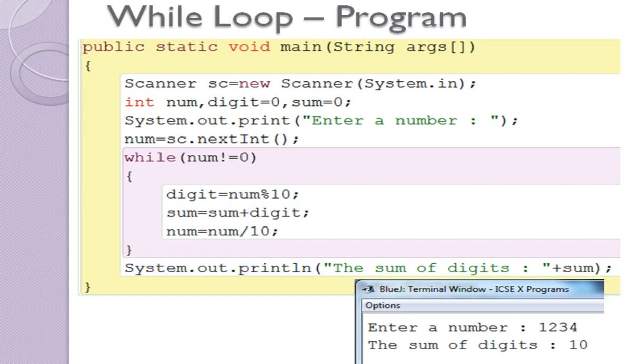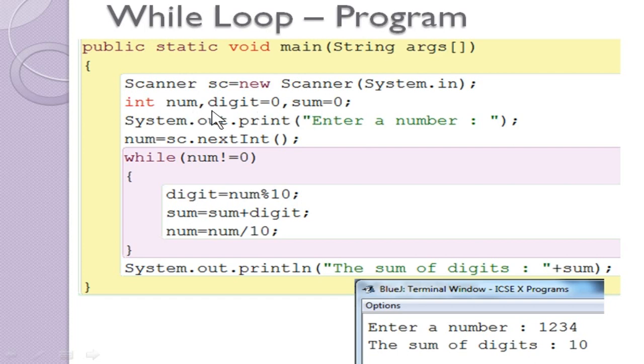Now here in this program, you can see that I am given a number. I am going to separate the digits, add the digits and find the sum. So it can be a 4-digit number, a 3-digit number, or a 5-digit number. According to the input, the loop execution also will change. That's the reason it is not a fixed number of iterations. So it varies according to the input. Okay, now you will see the program.